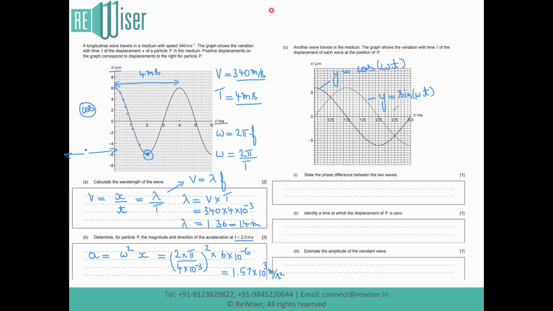I know sine can be written as cosine, or cosine can be written